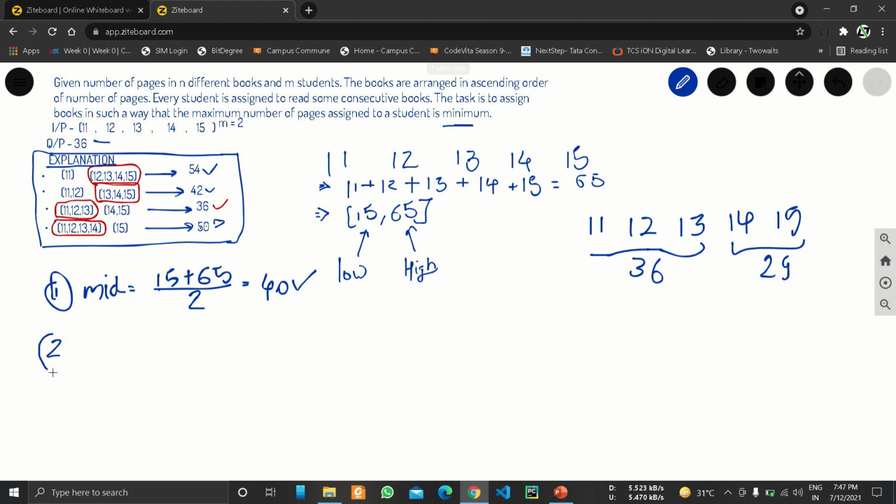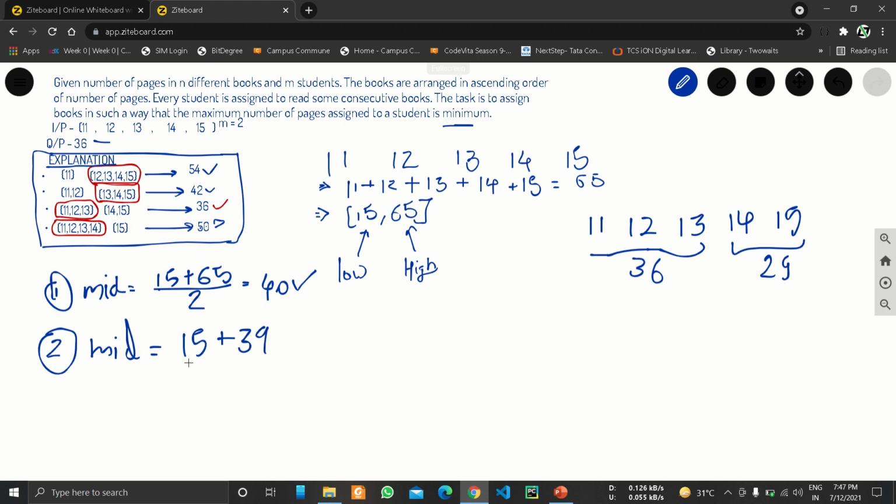So we will again find mid for the left. Our new mid will be 15 plus 39.